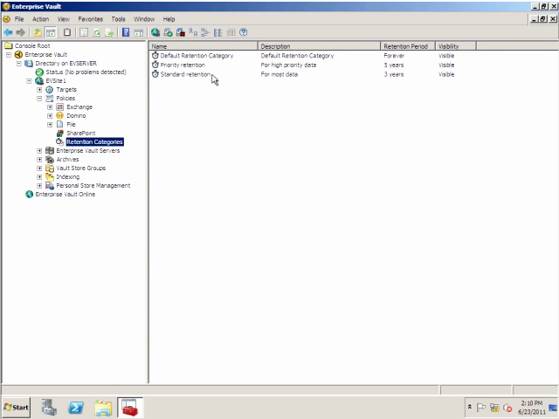And now I see that I've got the priority retention category available that has a retention period of 5 years. So the next thing we want to do in preparation for setting up our Exchange mailbox archiving is to set